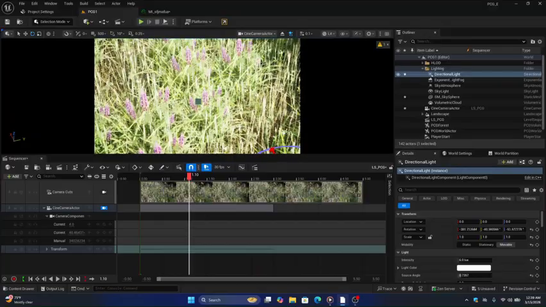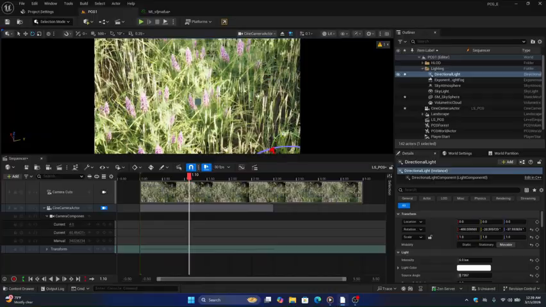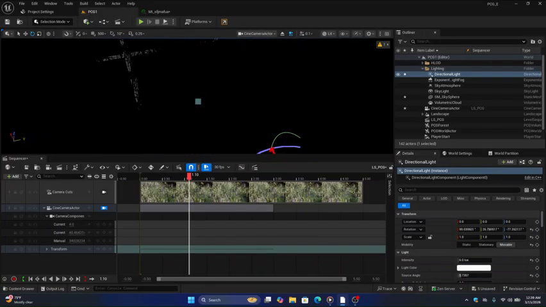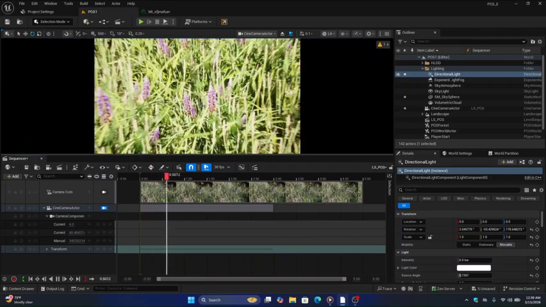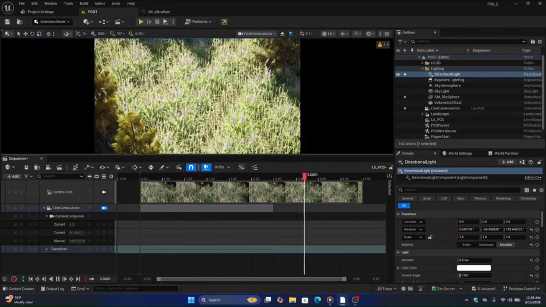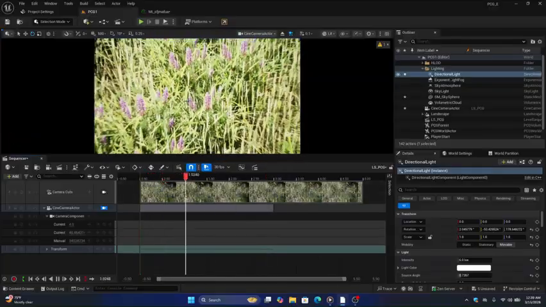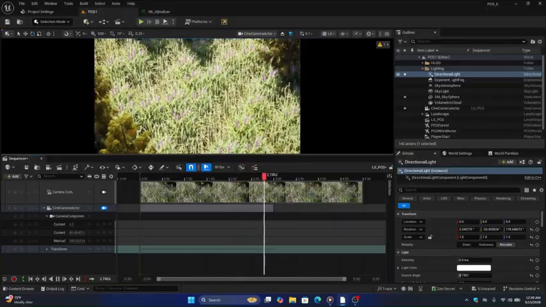Like I am dragging and dropping, yeah, to see which view is perfectly fine for me. Yeah, this one, iris. Yeah, it's looking fine to me. Yeah, this view is looking fine to me. Now our first shot is completely done here,